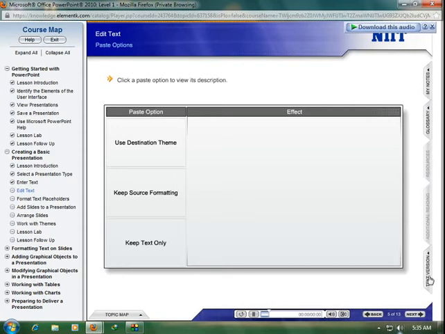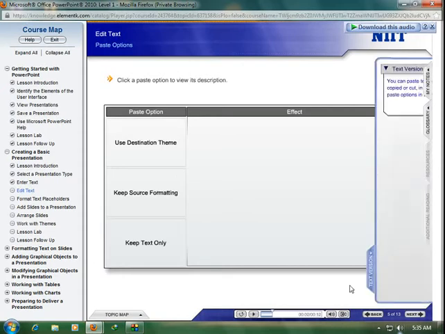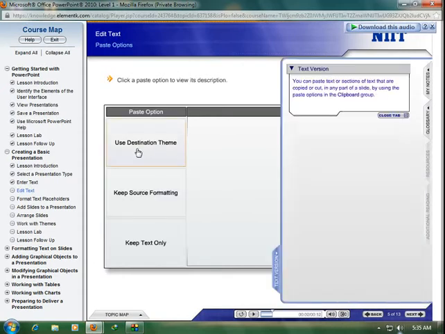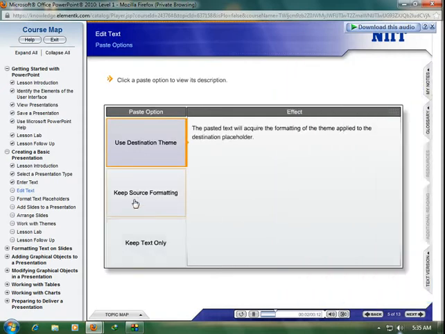You can paste text or sections of text that are copied or cut in any part of a slide by using the Paste options in the Clipboard group. Click a Paste option to